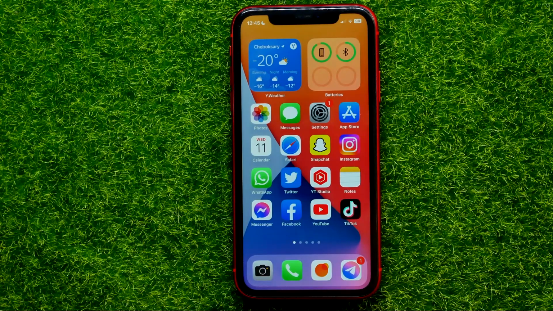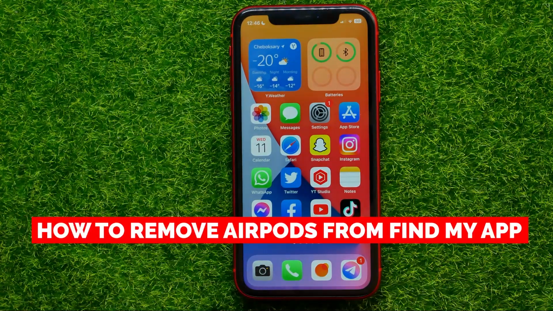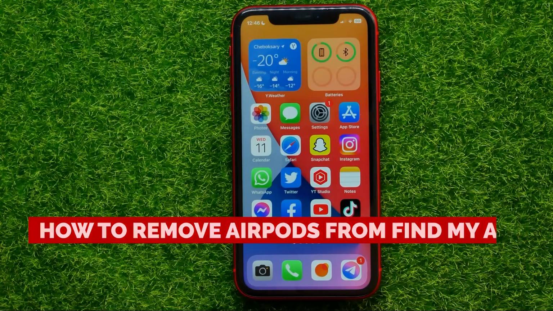Hello guys, welcome back. In this video I'm going to show you how you can easily remove AirPods from Find